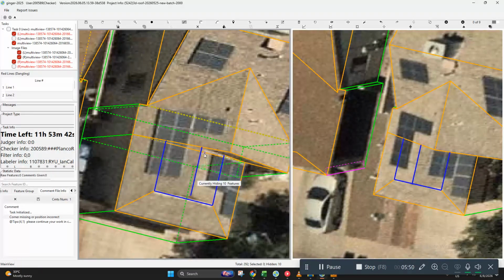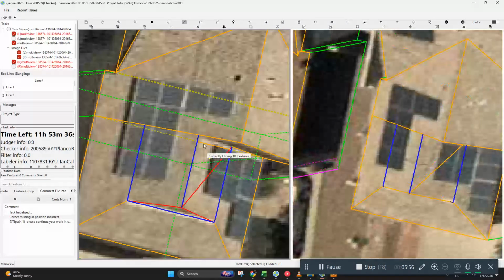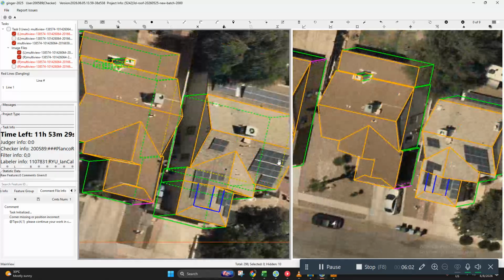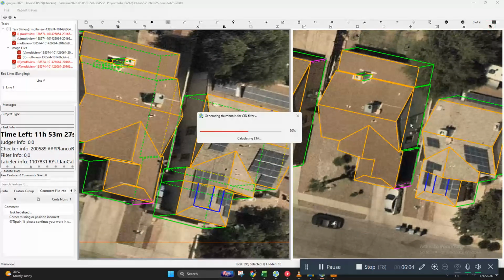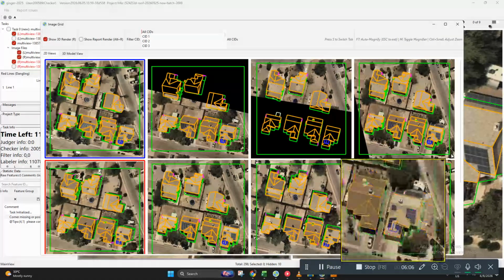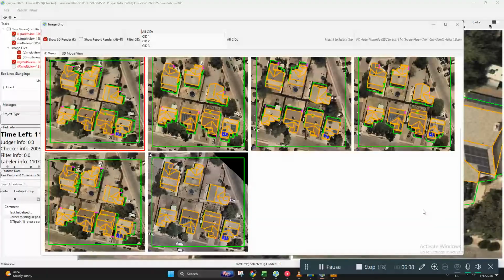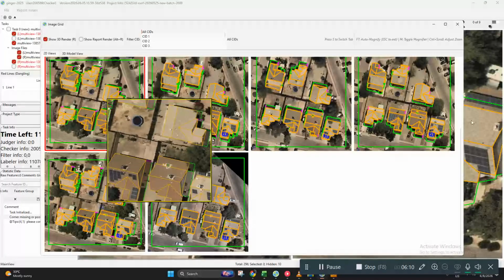And the top portion. And let's try to check other views first. We haven't checked other views. So this one.